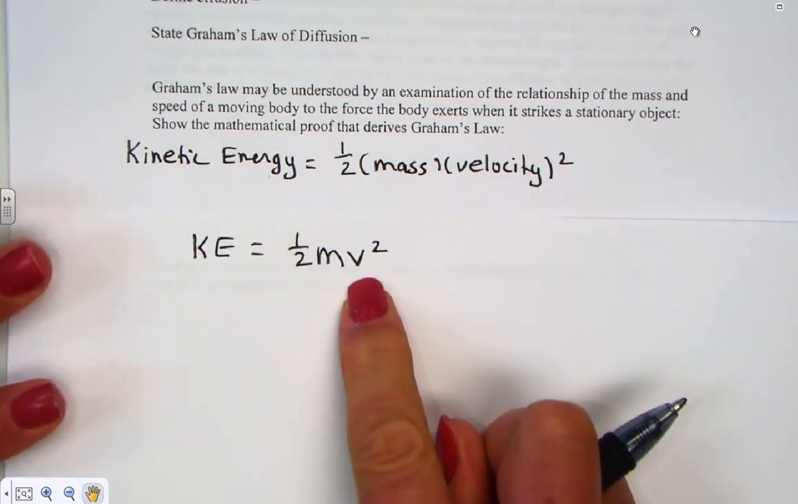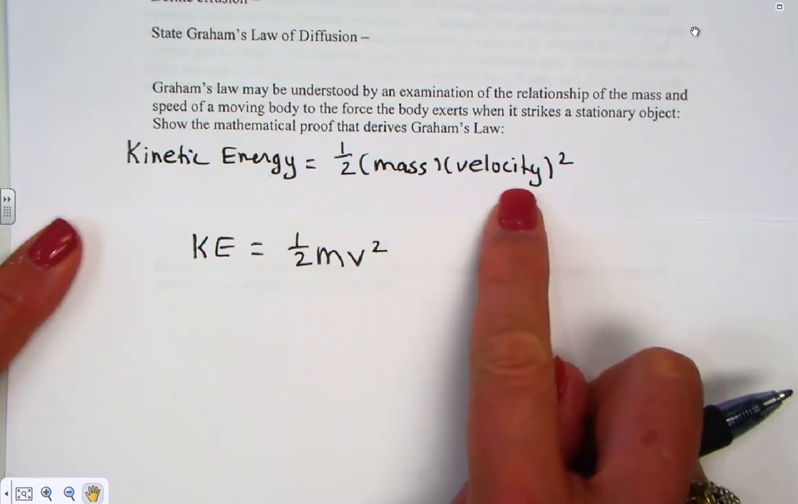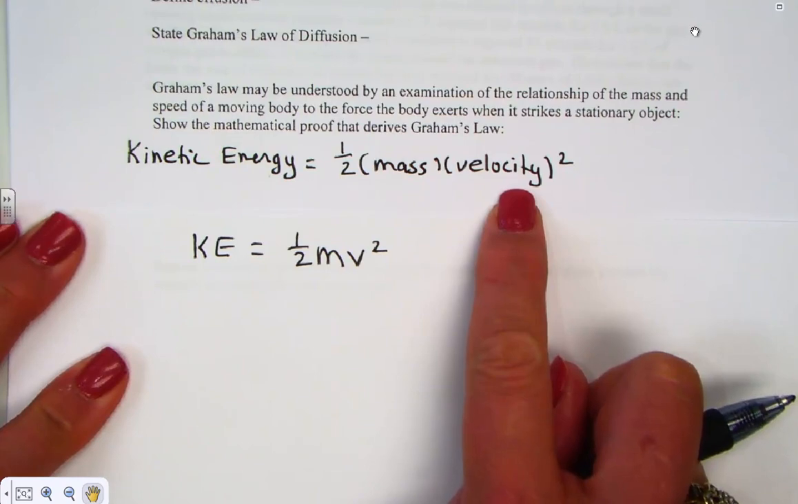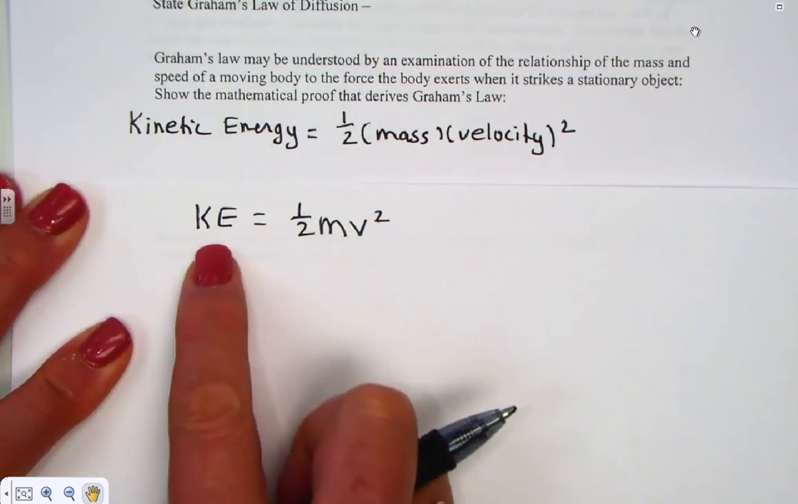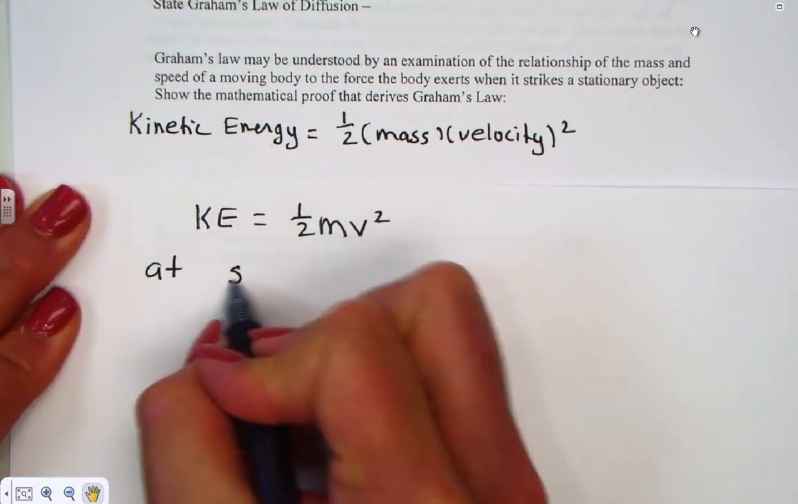Now remember, V all throughout our unit has been volume. The V's in the PV=nRT and in the gas law equations have been volume. But notice here, V stands for velocity, or speed with which the gas moves. When two gases are at the same temperature, they have the same average kinetic energy. At same temperature,